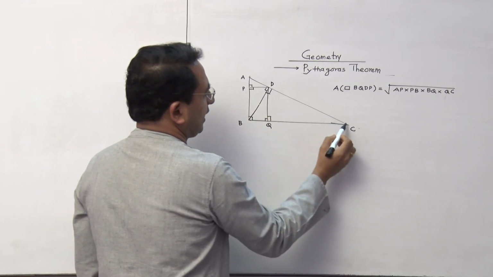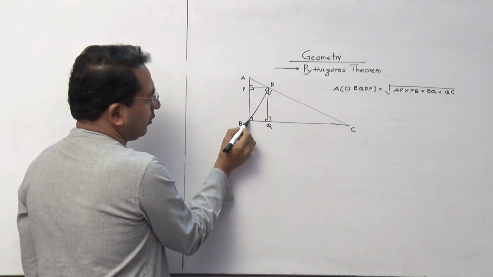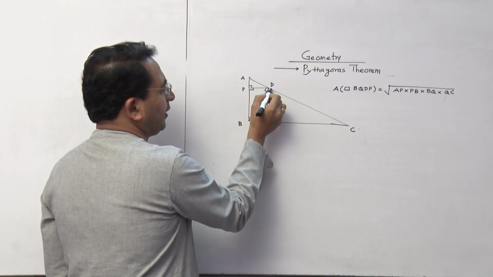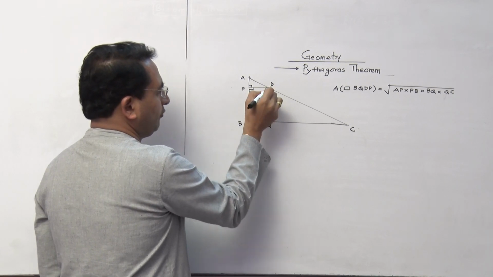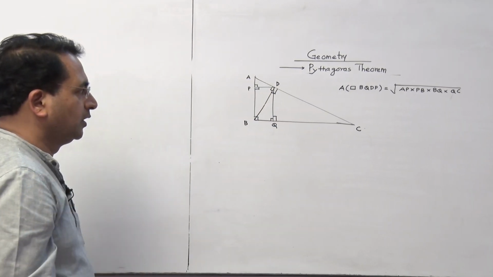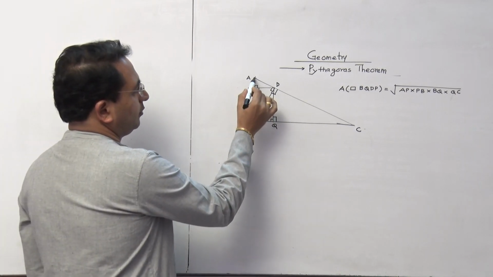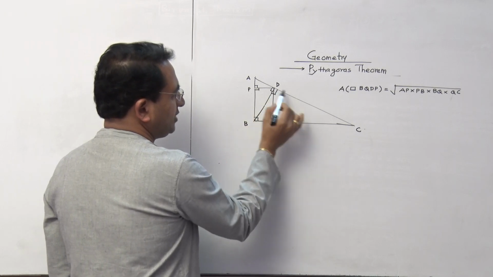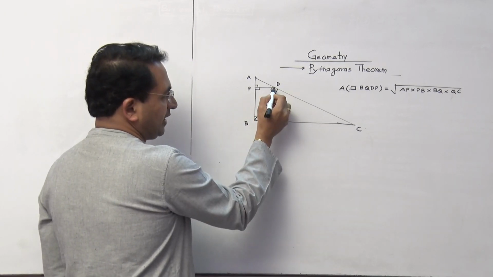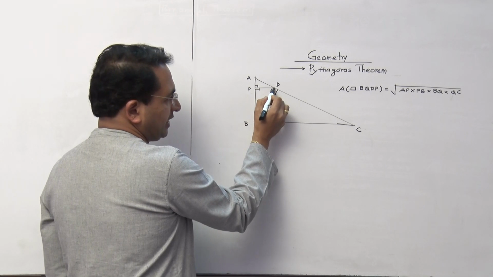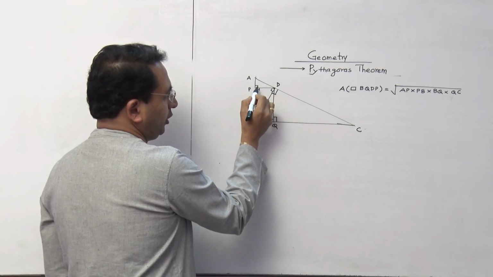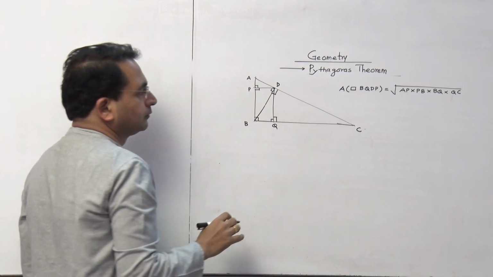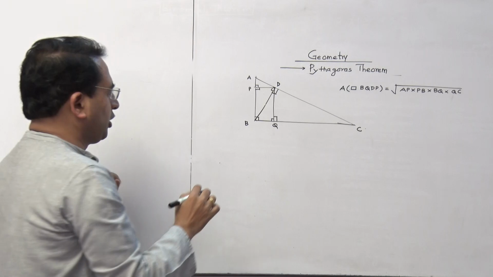ABC is a basic right angle triangle I have drawn. Then from here I have dropped the perpendicular. That perpendicular is nothing but BD, where we get point D. So now how many right angle triangles are formed? First one is ABC, then ADB, then BDC. Then from this 90-degree angle, we are dropping the perpendicular again on this side and this side also. Now one simple question I am asking you.